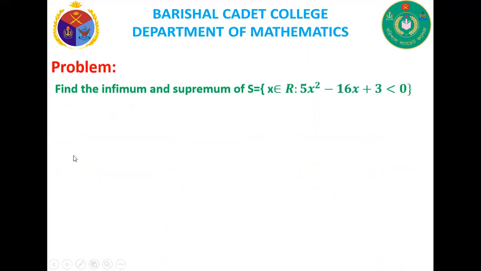Now another problem. Find the infimum and supremum of S equal to the set of all x belongs to R such that 5x square minus 16x plus 3 less than 0. So let us start. Here given that S equal to the set of all x belongs to R such that 5x square minus 16x plus 3 less than 0. So we can write